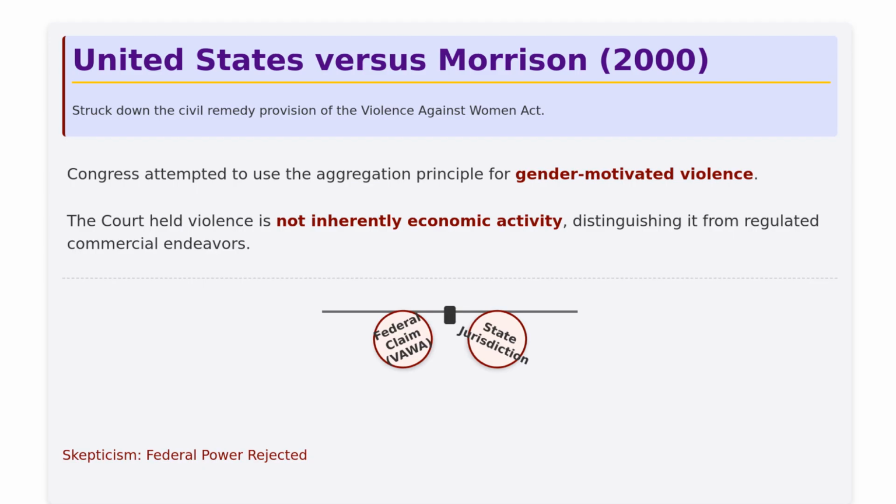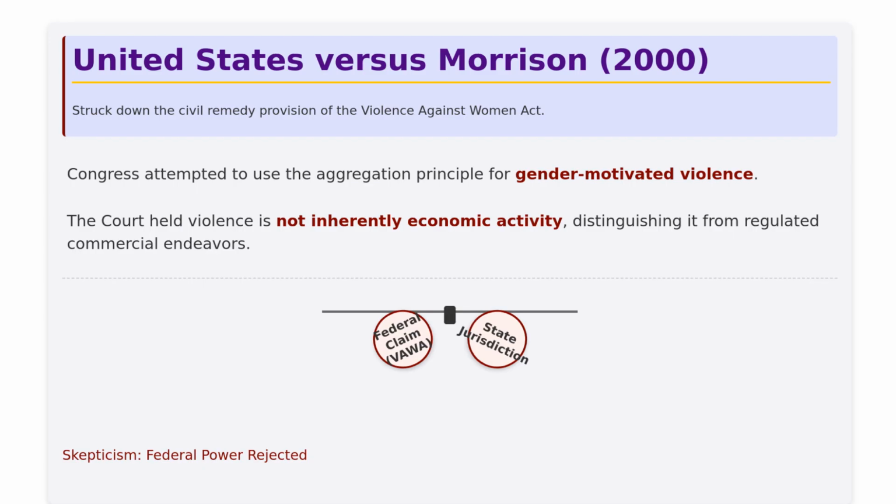The government argued that violence against women substantially affects interstate commerce, invoking the aggregation principle used successfully in Wickard. However, the Supreme Court disagreed. Writing for the majority, Chief Justice Rehnquist explicitly stated that the regulated activity, gender-motivated violence, was not economic in nature. Unlike the wheat in Wickard, violence is not an activity that Congress can aggregate to find a substantial effect on